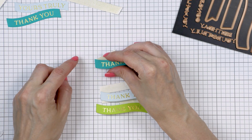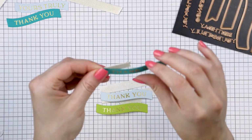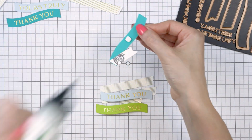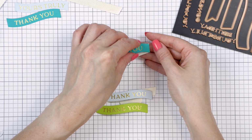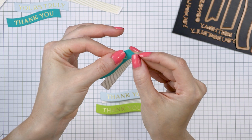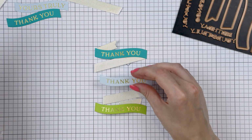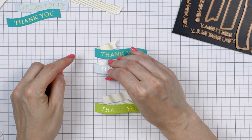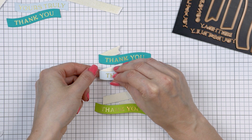Next, I adhere the pieces using glue. I add a thin line of glue along the edge of the sentiment section and adhere it onto the tail like so. So just the very edge is where I've added the glue. This helps the banner to stay dimensional and not lay flat. Keep adding glue in building your sections, alternating between the sentiment and the shadow sections, and finally, the sentiment and